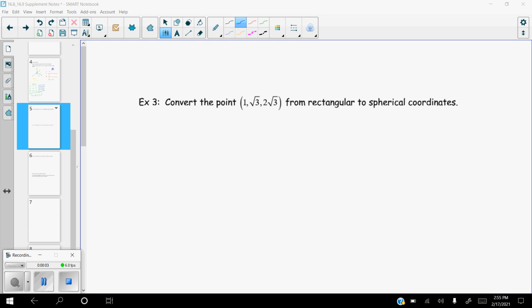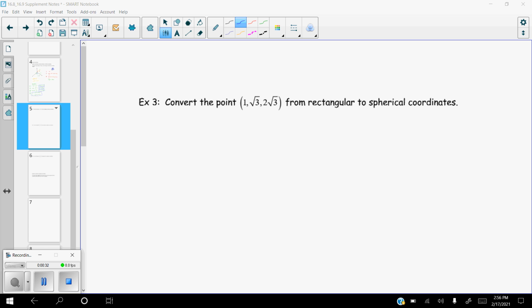All right, so this is our section 15.8, 15.9 supplemental video 2. So we've learned now how to convert from cylindrical to rectangular, or rectangular to cylindrical. Really, it's just polar with z added in there. And then we learned spherical and what the coordinates are for spherical coordinates. We just haven't practiced any. So let's go ahead and practice a couple of things going to or from spherical